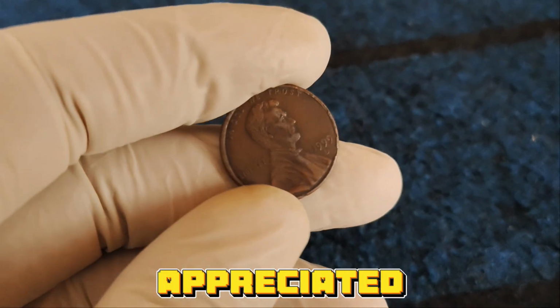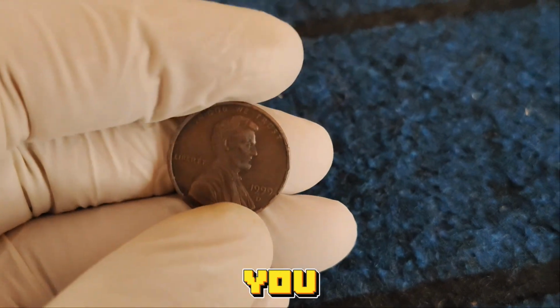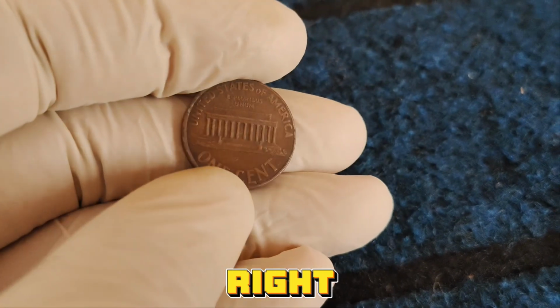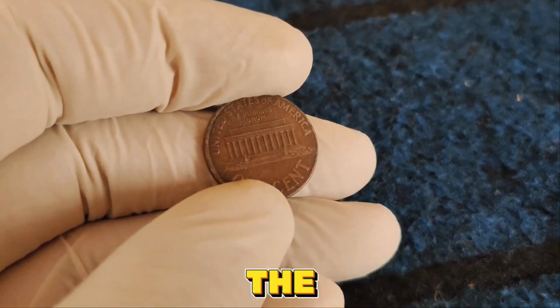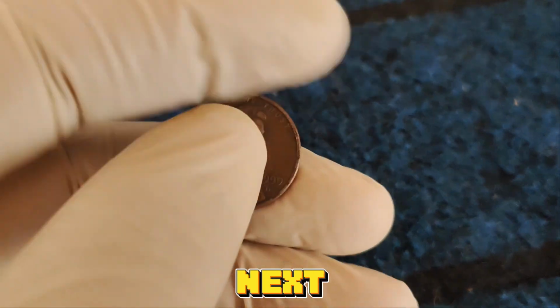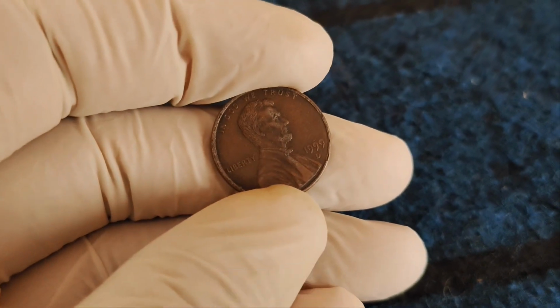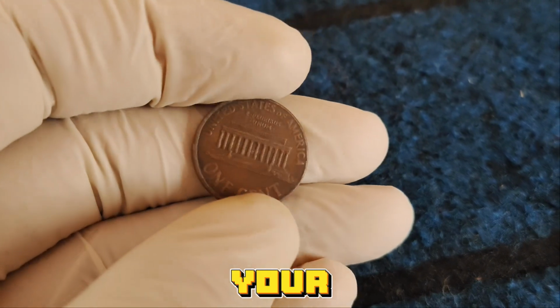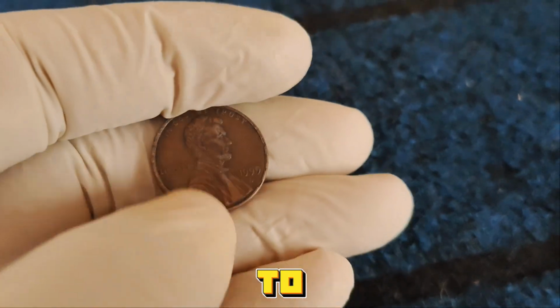Coins like this have appreciated in value year after year, and you might just cash in more than $442 if you time it right. Don't underestimate the power of a penny. So next time you get change at the store, look closely. That 1999 D Lincoln cent you toss in your cup holder might be your next ticket to hundreds of dollars